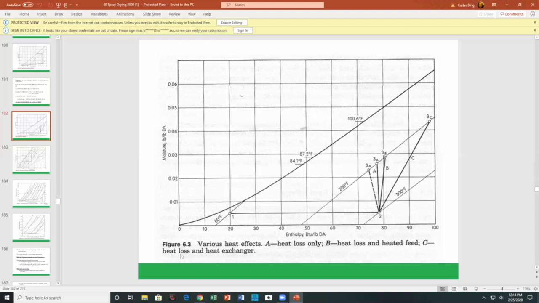If you wanted to do heat loss and heat exchanger, I put an internal heat exchanger inside the drying chamber, then the heat exchanger obviously is going to put in heat. So the amount of heat that it puts in puts it over here. So it'd be up here around 3. You can see I've certainly moved away from A and B situation here, and I'm already up